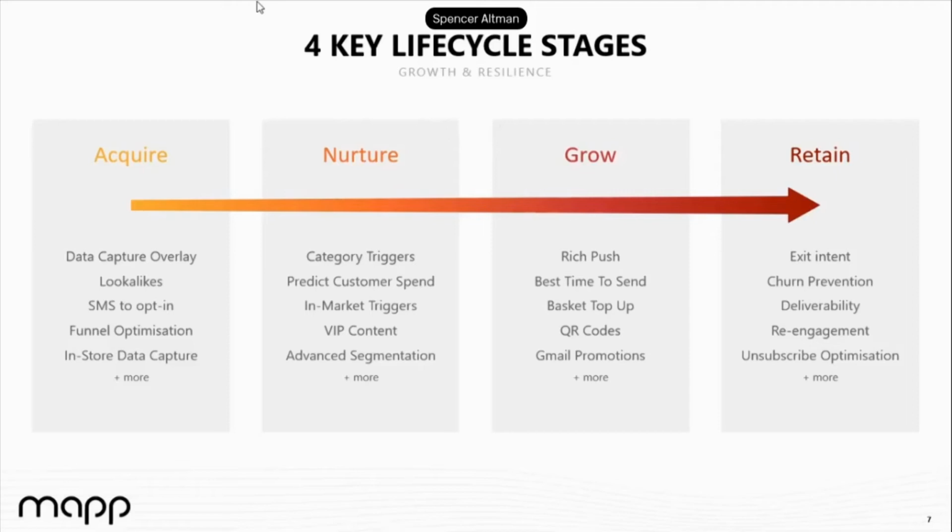There are lots of different tactics that are out there. They can be used for one phase. You can also use a single tactic in different phases. There's no reason why you can't use lookalikes for acquire and also for a grow stage as well. And we basically broke out